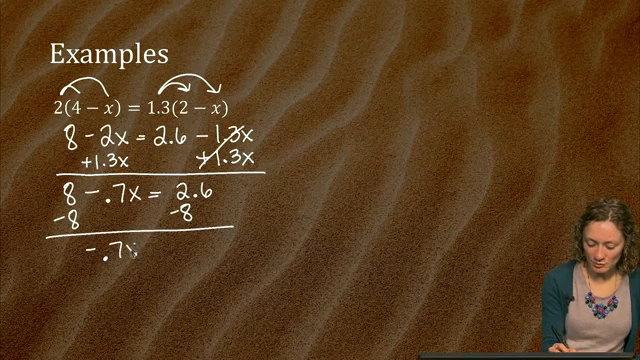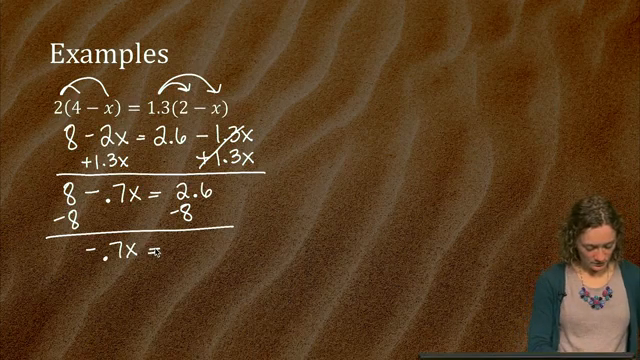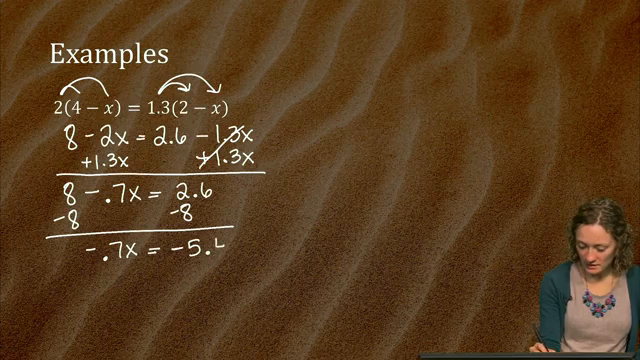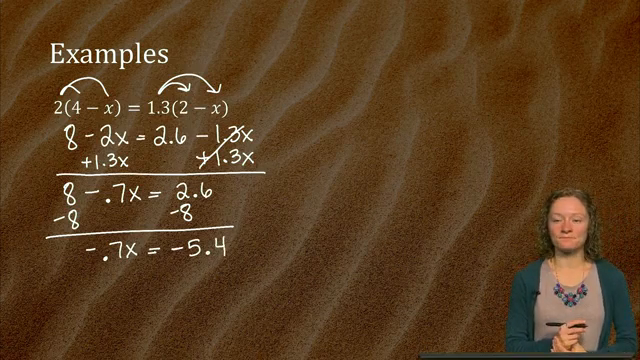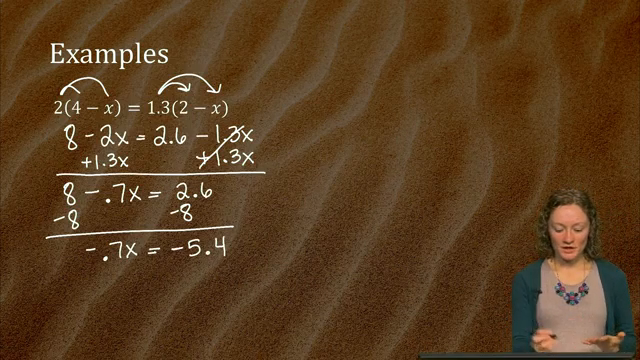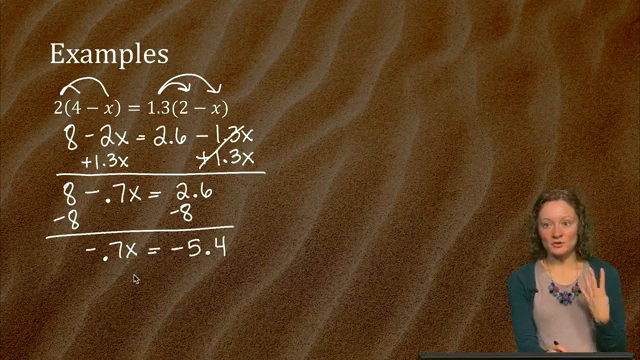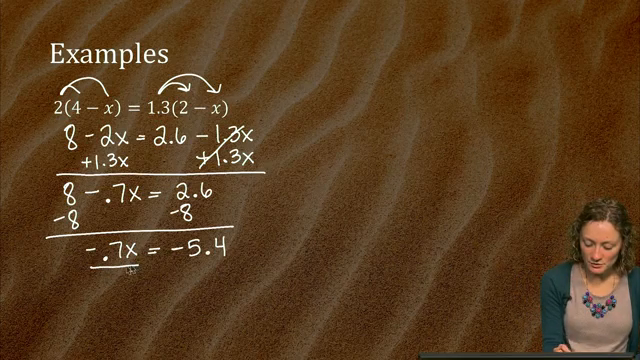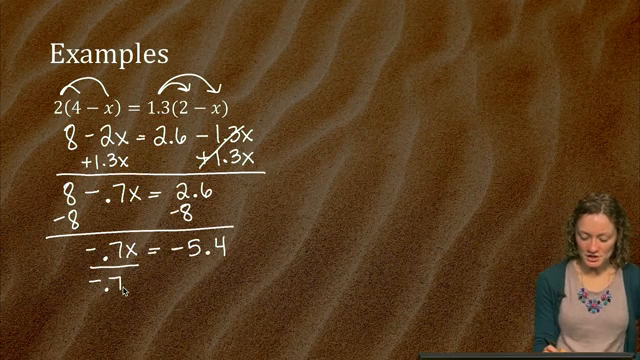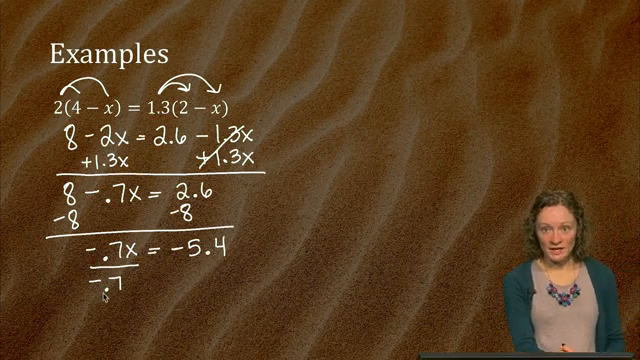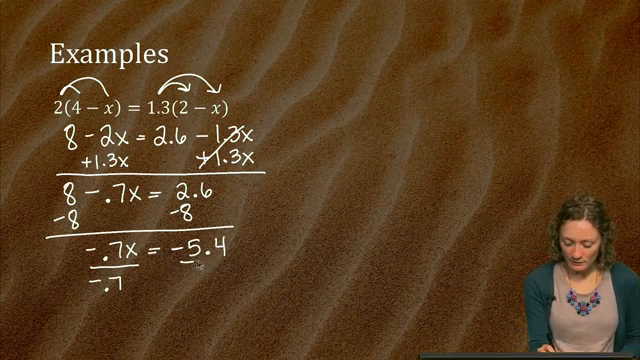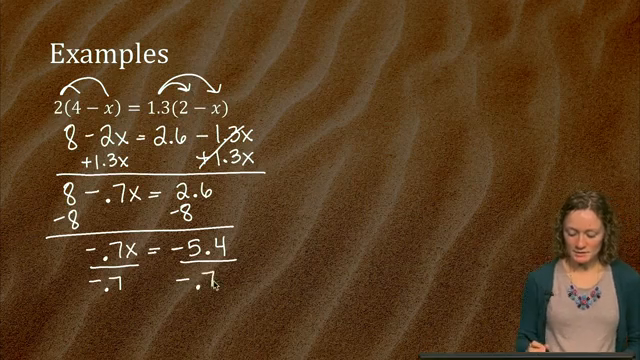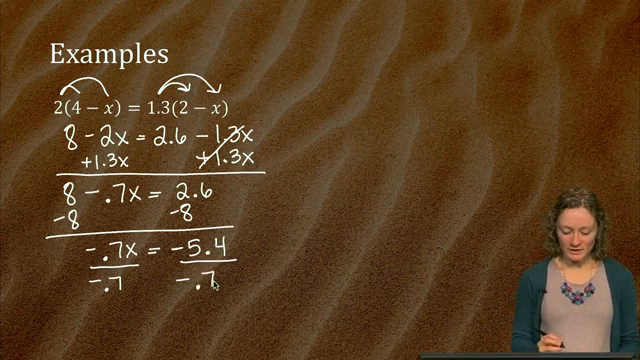Leaves us with negative 0.7x is equal to 2.6 minus 8, negative 5.4. Okay, then our fourth step is to undo the last operation on the variable. So we have multiplication. We undo that with division. Include the negative, include the decimal, the entire thing. We want to get rid of everything except that x. Divide both sides by negative 0.7,